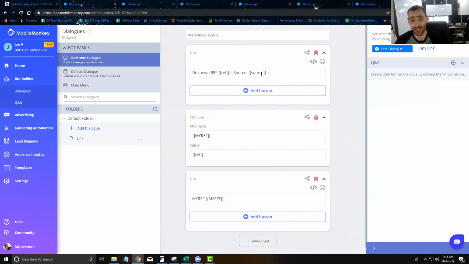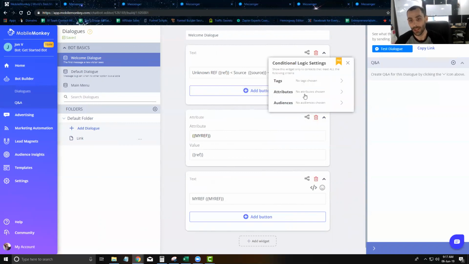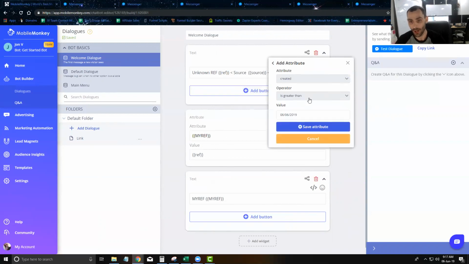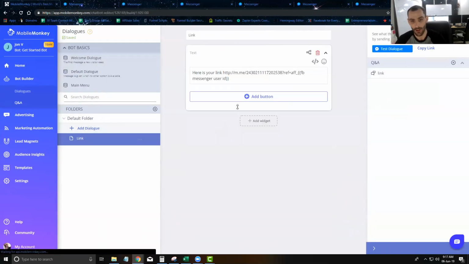Now at this point I can create a dynamic ref for somebody's home address. So my bot could work for a real estate agent, because I could just literally put home address as the beginning of my ref, and I could just go in and say, hey, look, if that ref starts with home address, then send them to this home address block, where what I'm going to do is essentially, in that home address block,